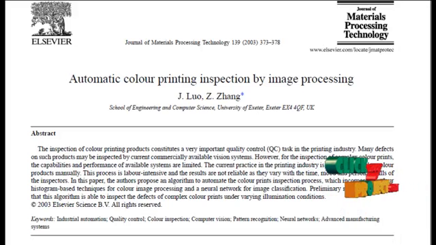The inspection of color printing products constitutes a very important quality control task in the printing industry. Many defects on such products may be inspected by currently available commercial vision systems. However, for the inspection of complex color prints, the capability and performance of available systems are limited. The current practice in the printing industry is to inspect complex color products manually. This process is labor intensive and the results are not reliable, as they vary with the time, mode and personal